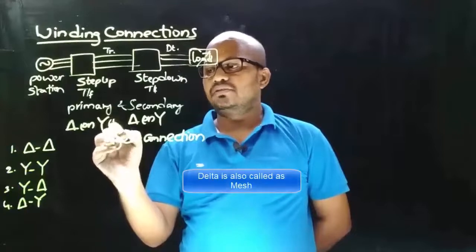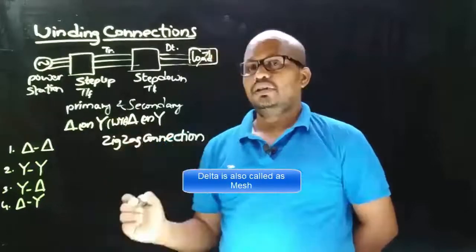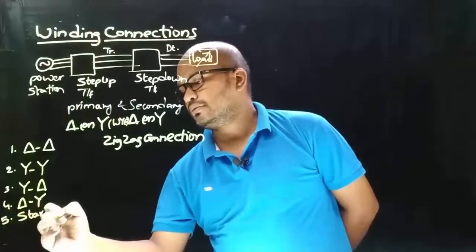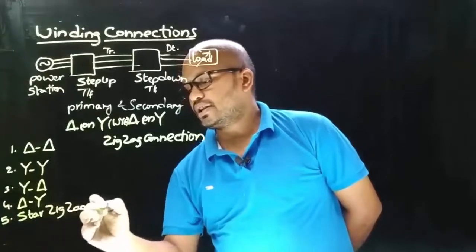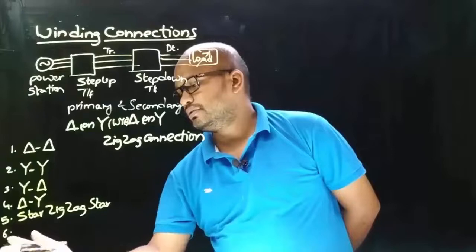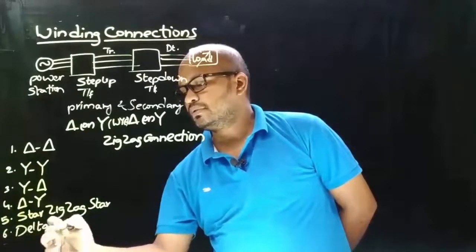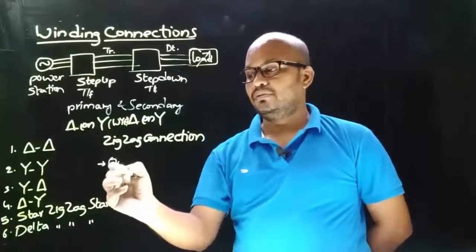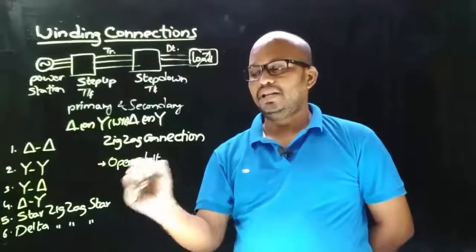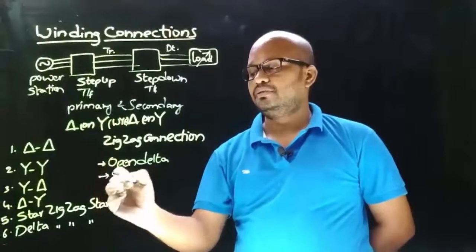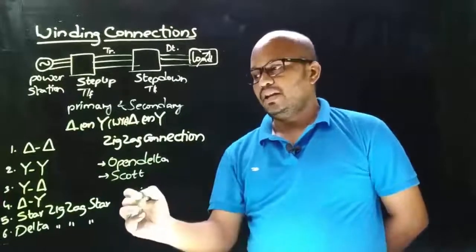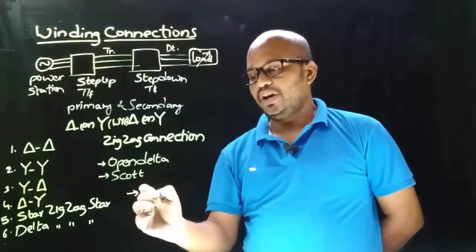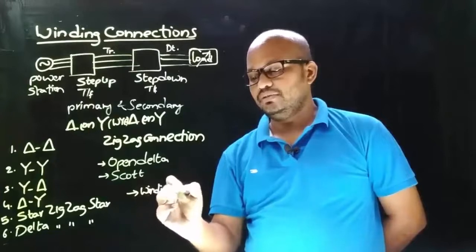Star connection can also be called Y connection. And there are special winding connections, that is star, zigzag star connection, and delta zigzag star connection. Along with these connections we are going to cover special connections like open delta and Scott connection. And for each of these 6 connections we are going to see the winding connection, that is how to connect the winding,